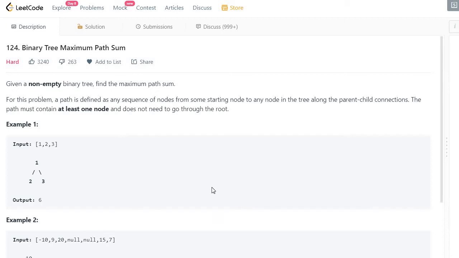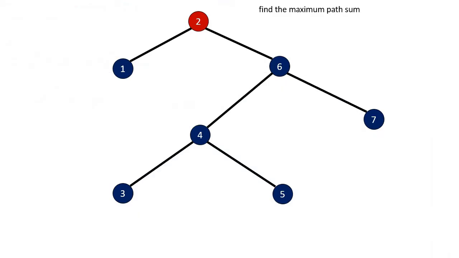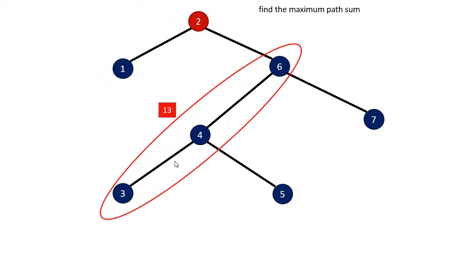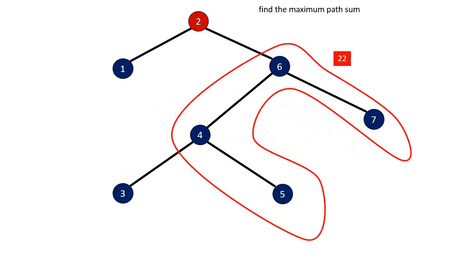Hello, in this video we are going to go over the solution of problem 124, Binary Tree Maximum Path Sum. Imagine that I have a tree like this one, and one possible solution could be this, 1 plus 2 is 3. The other solution could be the summation of these three nodes, which is 13, and actually the solution is this path, that is